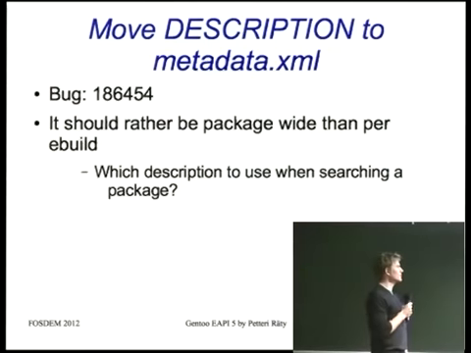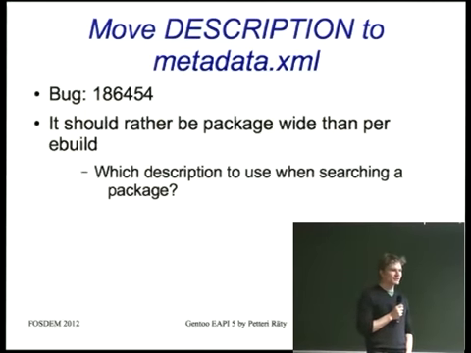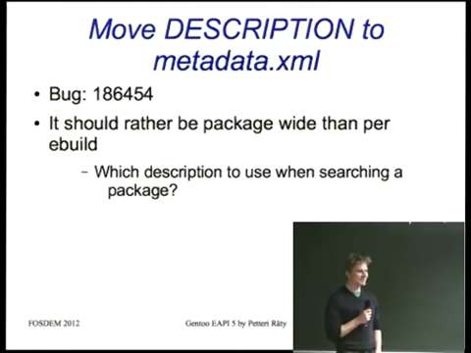Next item I found was to move description to metadata.xml. In ebuild package directories, you have this XML file having package-level metadata, and then you have the individual ebuild files that have ebuild-specific metadata, which includes the variable DESCRIPTION. So Fabio might know, but I'm not really sure which version of the description Portage uses when it tries to show you the package description. I'm assuming it might be the latest, but